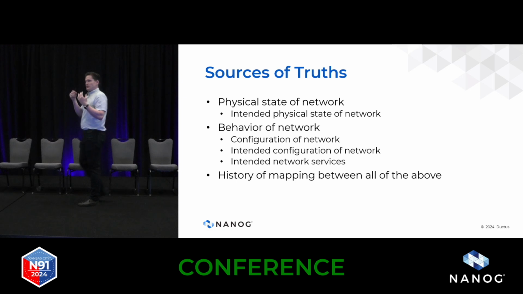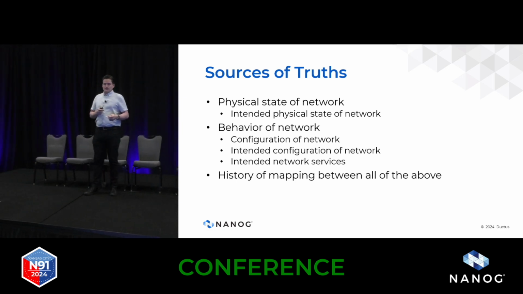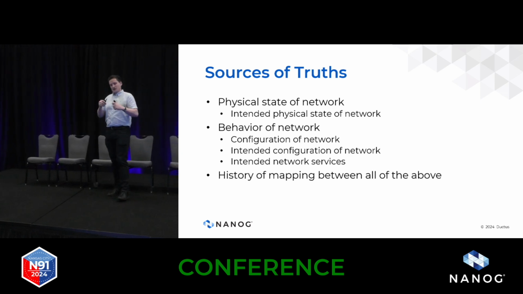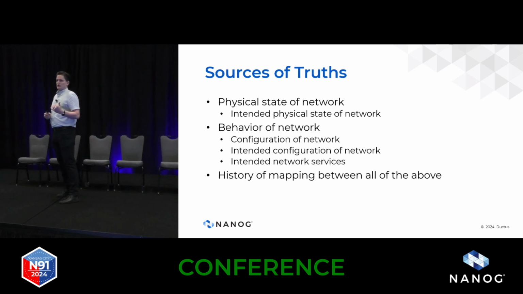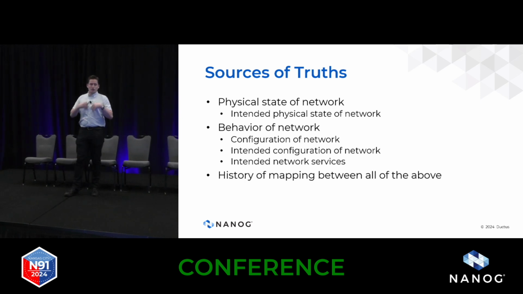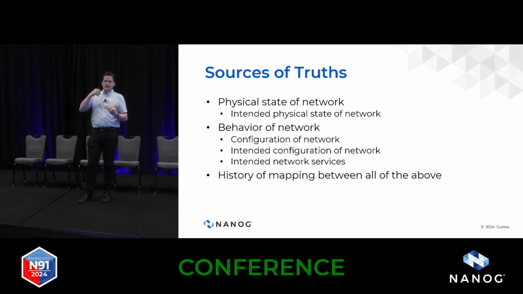So you look at the device configuration. What configuration is on the device? Now you could say, okay, the behavior's right, the configuration's right, behavior matches the configuration, but did you intend to configure it that way? So then you have your intended configuration of your network. If you just run a script, it will configure the network in some way, but did it configure it in the way that you intended it to?